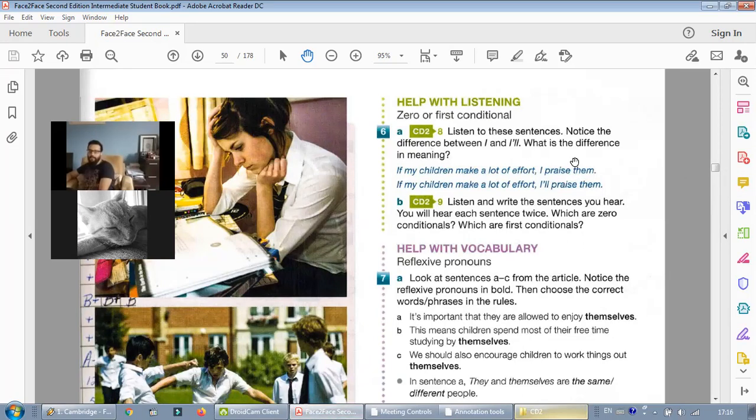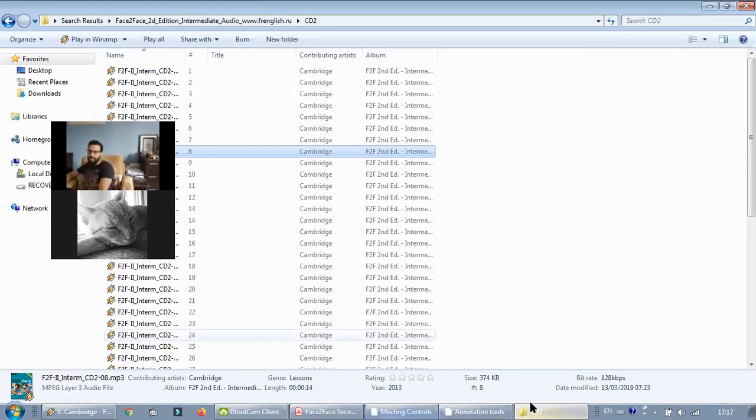If you have a notebook in front of you or something to write, do you have a notebook? Just a minute. Or just a paper, it could help. Yes. Okay, so just write, for example, if you hear I'll, just write FC, first conditional. Number 1, FC. If you don't hear I'll, just write number 2, Z, zero conditional. For example, you don't have to write the whole sentence. You get my point? Just sort of spot them. That's all you want. All right, let's do it.